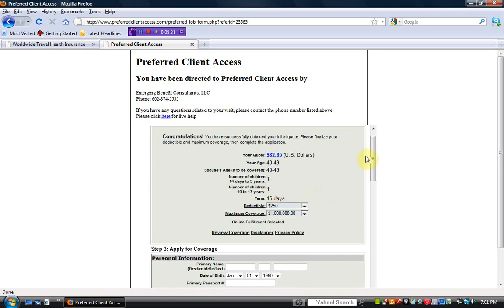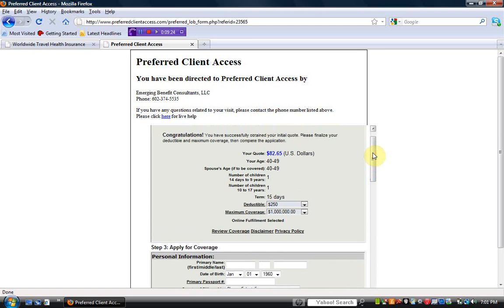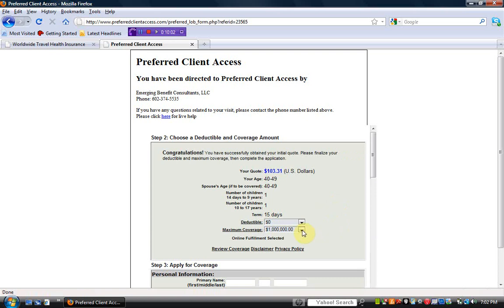Now at this stage, that premium of $82.65 can be altered, changed, if you will, by adjusting the insurance deductible and maximum coverage. This is entirely the choice of the traveling family, that based on either the destination, their known activities, their current health, it's up to them to determine what their choices are, what they're going to want to have for this trip. For the sake of consistency, we're going to assume that in this particular case, the family does not want to have any deductible. And based on where they're going, and it's a family vacation, they don't believe that they need any major insurance, that this will be sufficient